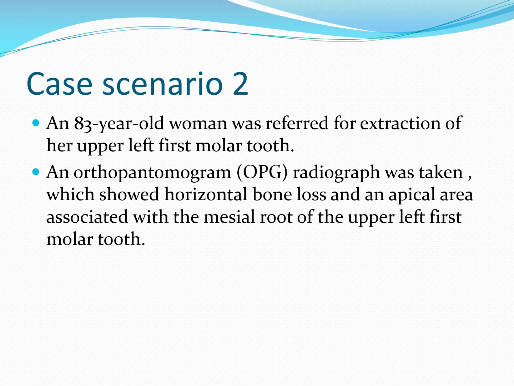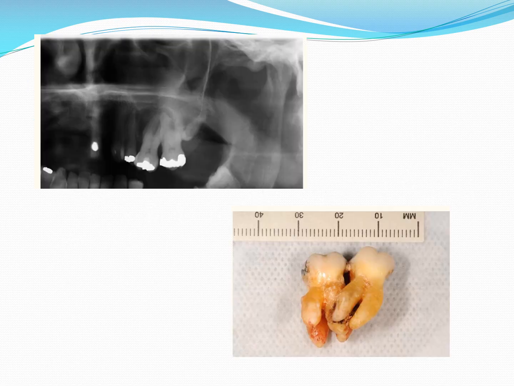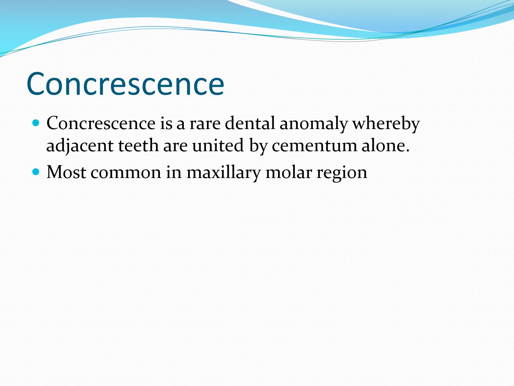Case scenario 2: an 83-year-old woman was referred for extraction of her upper left first molar tooth. An OPG was taken which showed horizontal bone loss and an apical area associated with the mesial root of the upper left first molar tooth, which showed resistance to removal. Despite the periodontal detachment, there was a huge amount of resistance offered because of the fusion that has occurred in the roots. So this particular type of fusion which occurs in the roots is referred to as concrescence,